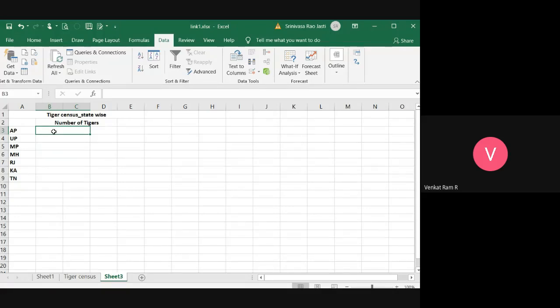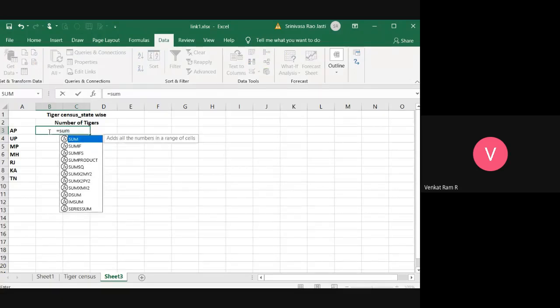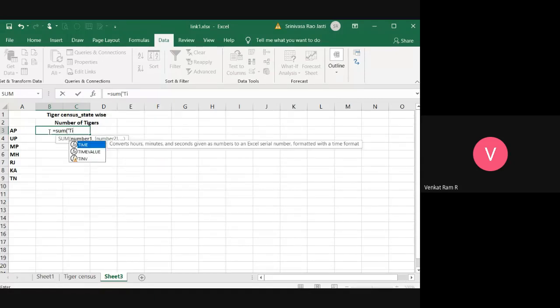So you can do this using mouse as well as using keyboard. If you are using keyboard, what you have to do is equal to sum, open parenthesis, followed by a single quote. So whatever name you have saved, I have saved tiger census, and it is case sensitive. Means if you have typed tiger with T capital, I have to type that as it is.